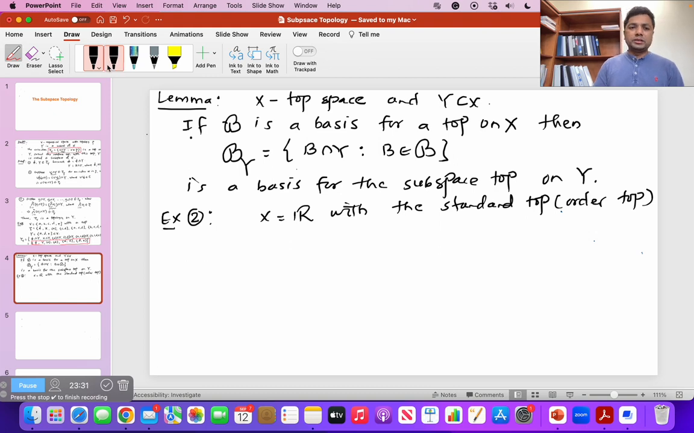and let me just remind you, the basis elements of the standard topology, or the order topology, are simply the collection of open intervals (a, b) such that a is less than b, and a and b are real numbers. So this collection forms the basis for the standard or order topology on R, which we have seen in our previous lecture or in our previous video. Okay, now here we want to construct the basis